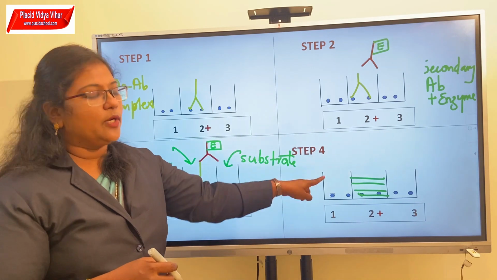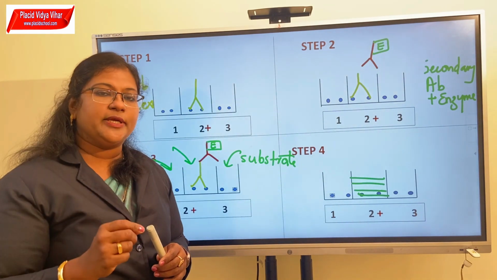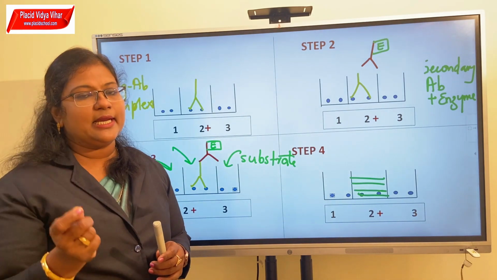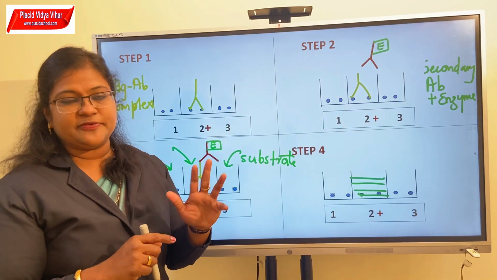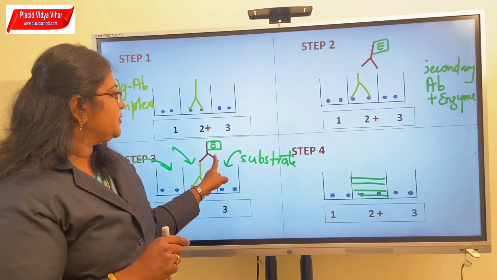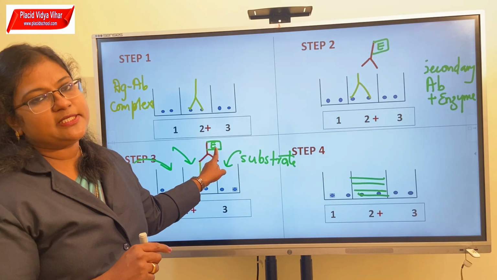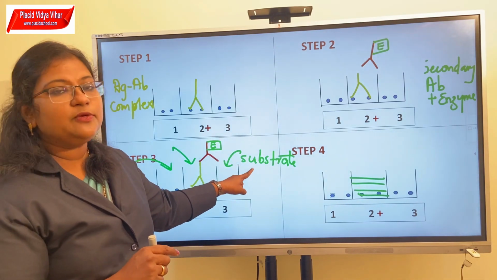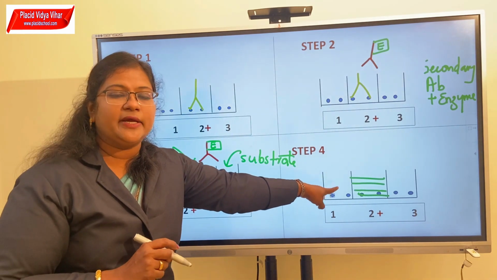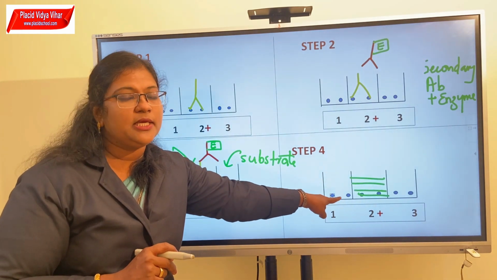So we can find out the presence of antibodies in the serum of the patient by using this technique, which is known as ELISA. They are using two specificities: binding of antigen to the antibody, and then you are using the enzyme substrate specificity. So by using a substrate which gives a colored product with the enzyme, you are noticing the color and finding out the wells which are positive for the sample.